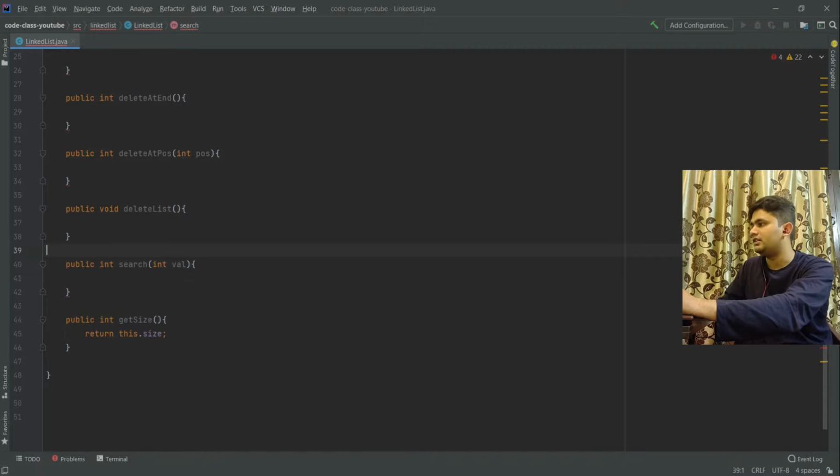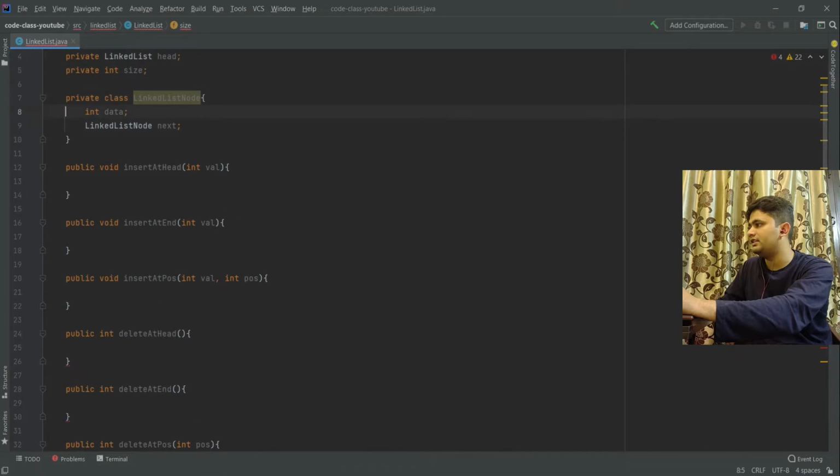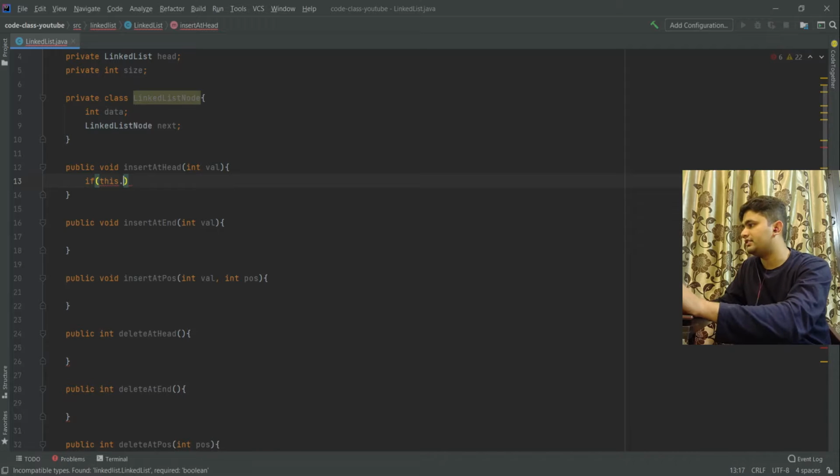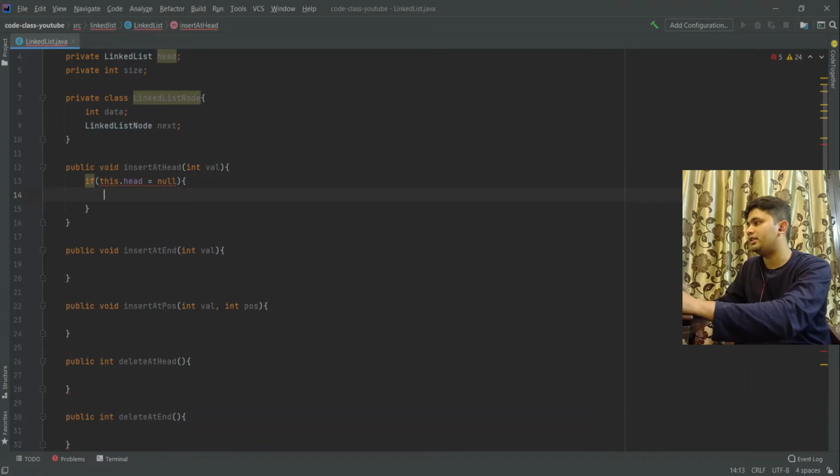Now let's start working with insert at the head. Just like we did in our visual or drawing approach, let's start with if this dot head is null, that is, head is pointing to nowhere. If it is null, we can simply make this dot head a new linked list node.